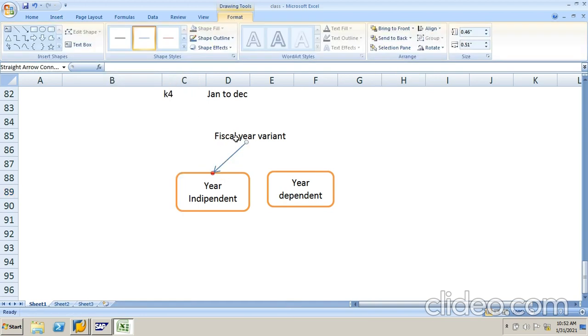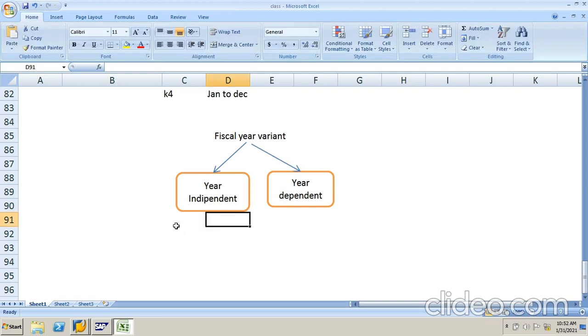So again, the fiscal year variant is derived into two types. One is year independent and one more is year dependent. Year independent is again defined into two types. One is calendar year, and the second one is non-calendar year.